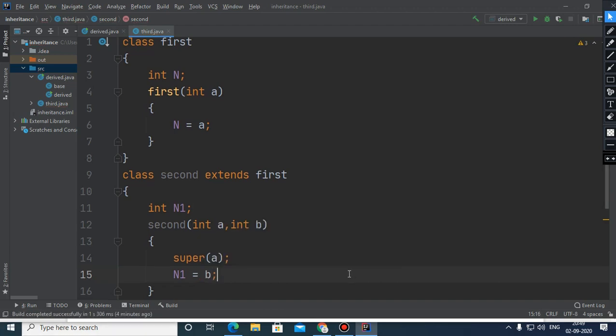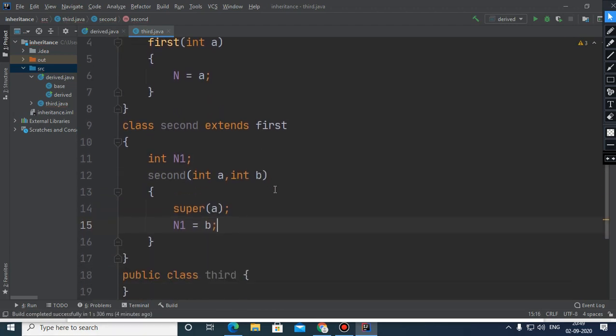So what is happening, when the constructor of the second class is invoked, one of the values it is passing to the constructor of the base class. So this a is passed and will get initialized in this variable n, and further this b will get initialized in this variable n1.